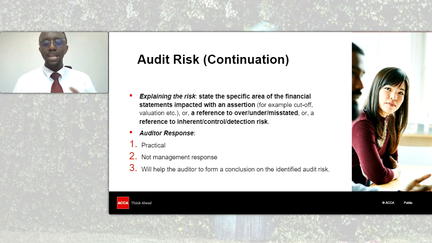So when I look at explaining, I need to answer the question why, while with response, I need to answer the question how. All right? So how can I, as an auditor, actually verify if this risk is particularly there or not? For instance,